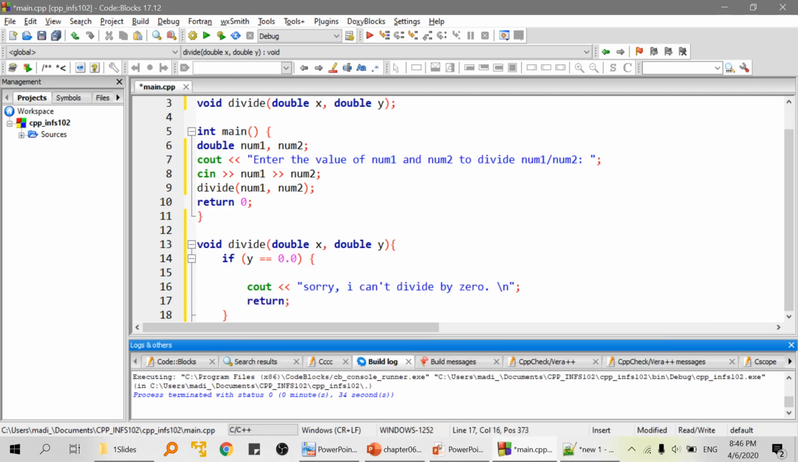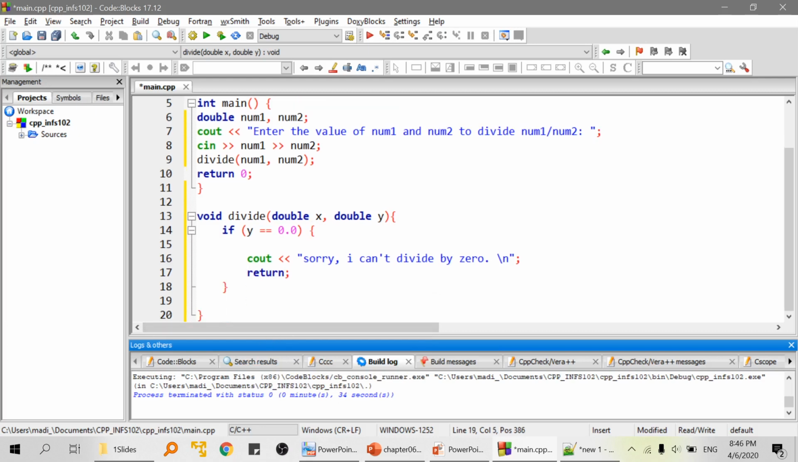Okay, so here what it does is that it terminates the function up to this point, even if I have another code here that displays the normal result, like in case y was not 0, it will display a normal division. So the division of x over y is,